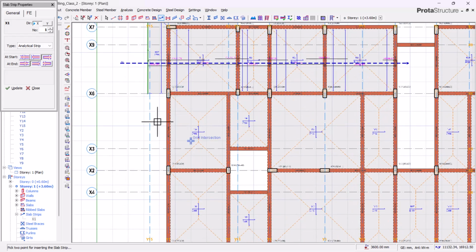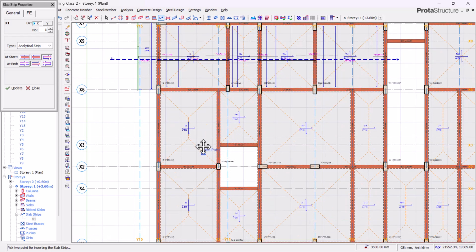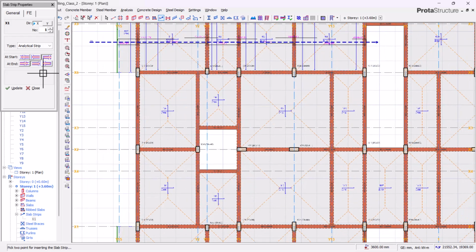The next thing is the second slab strip, because you should only run one strip per slab. There's no need to run another strip here. So run only one strip per slab. We'll come to this second part, and our boundary condition is starting from a bob and also ending at a bob. So we'll click on bob, which is beam, and ends at beam. We'll click here, hold our control,